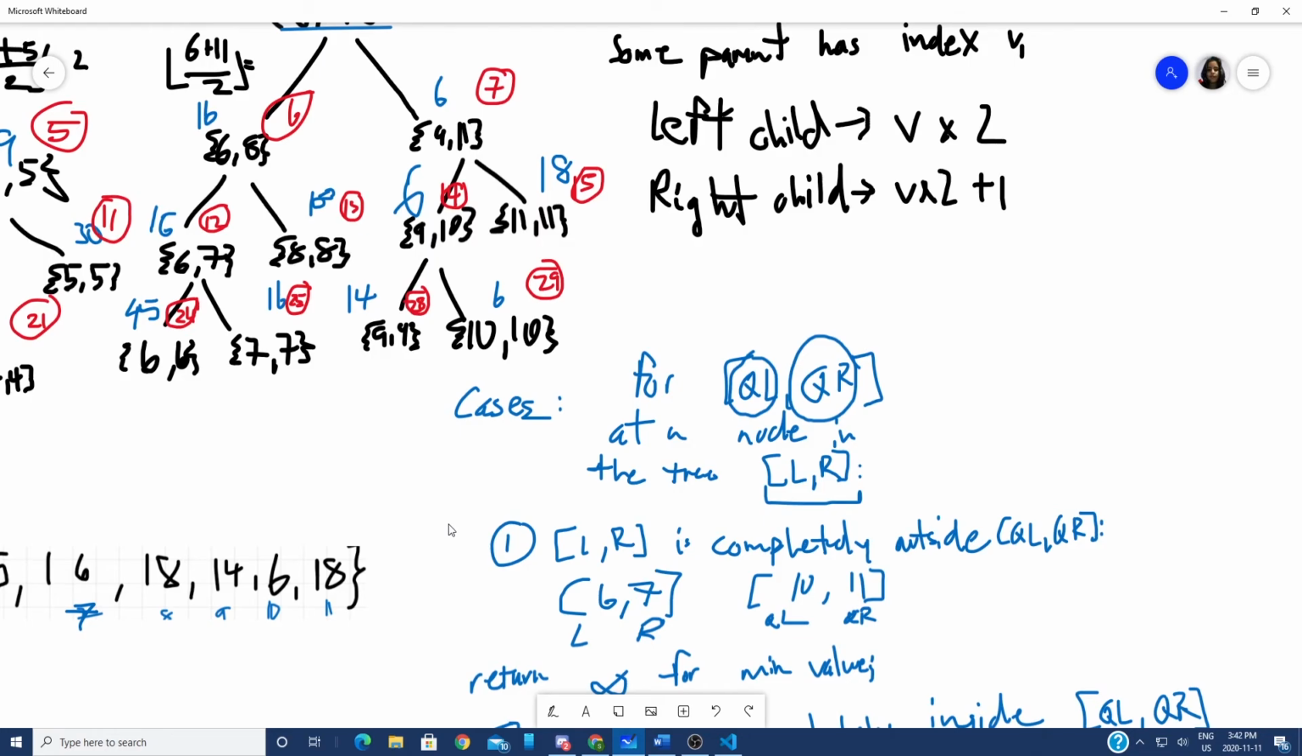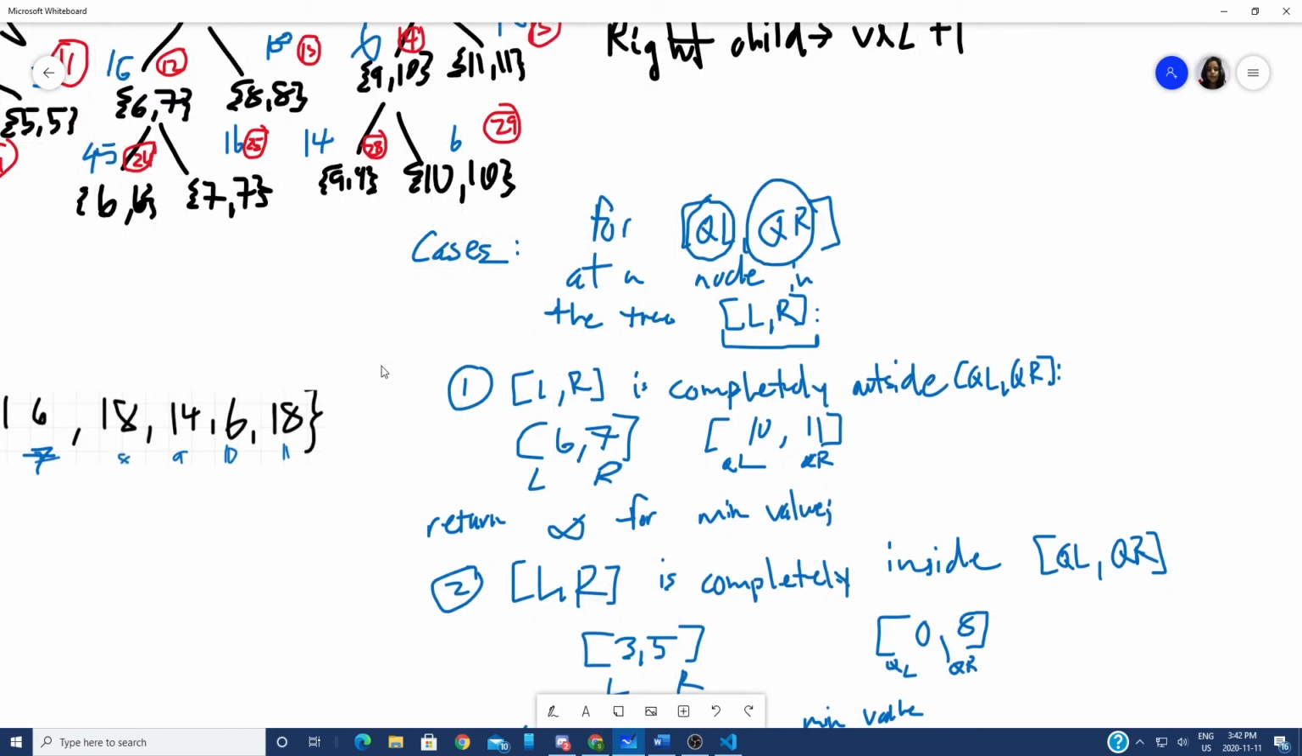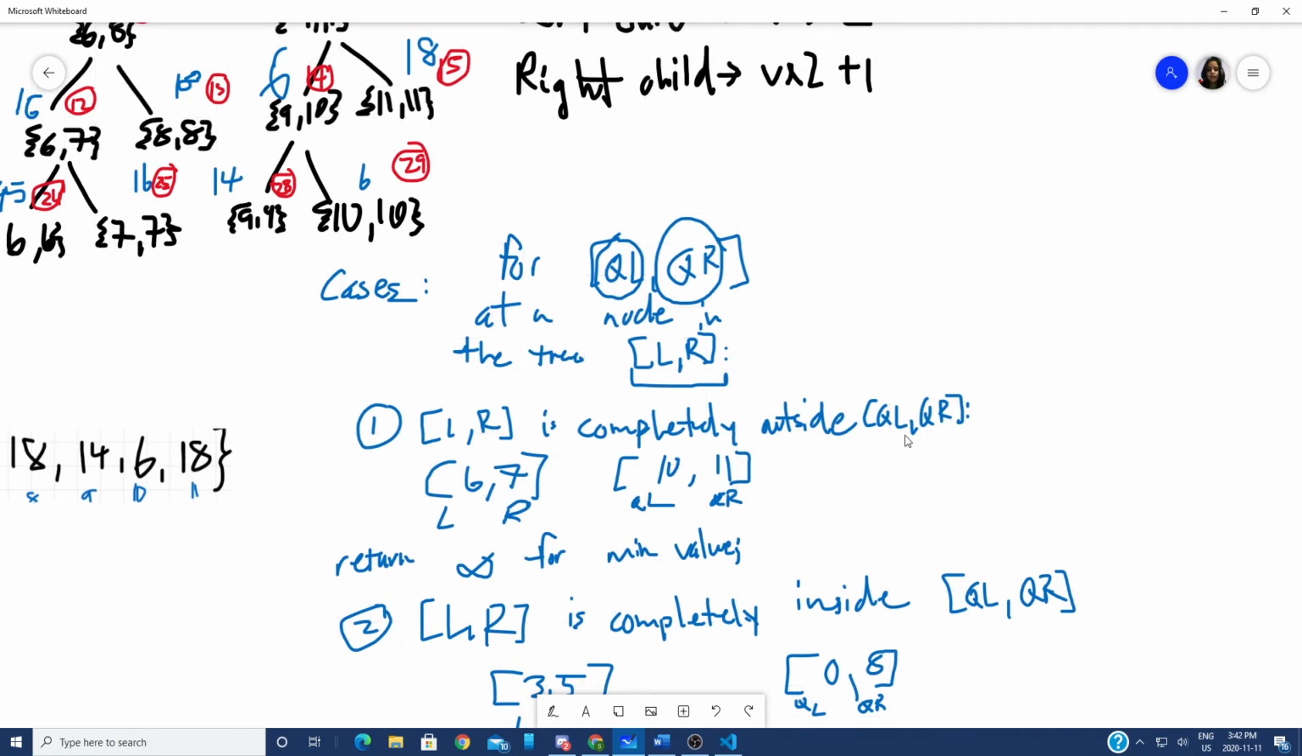So there are 3 cases that we came up with just before we decided to call it quits for the day. Case 1: the node's range left comma right is completely outside QL comma QR. So if for example you have a left and right of 6 comma 7, and QL comma QR was 10 comma 11, then